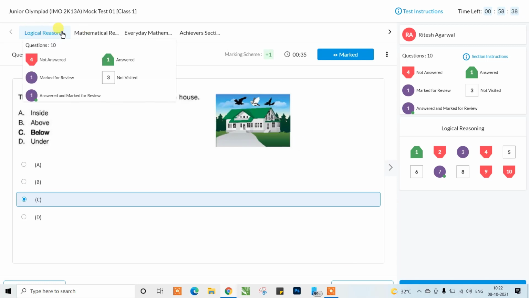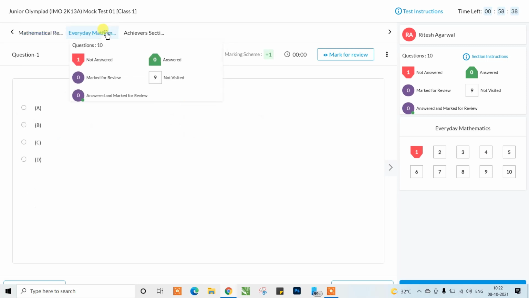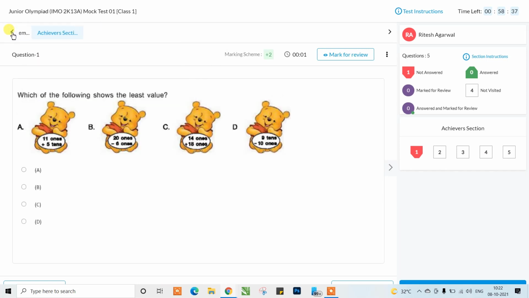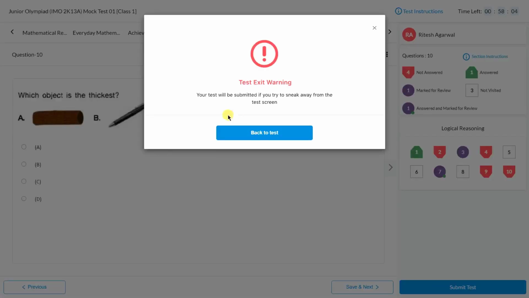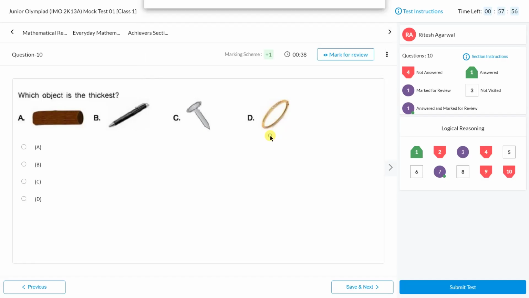Okay, from here you can switch the sections. From logical reasoning, you can directly go to mathematical reasoning, everyday mathematics, achiever sections, whichever sections are there. And if you don't go like this, then automatically after the 10th question, suppose this 10th question is there, okay, after this, this thing is not properly visible. Okay, you can't change the screen during the test, otherwise the test will auto submit.